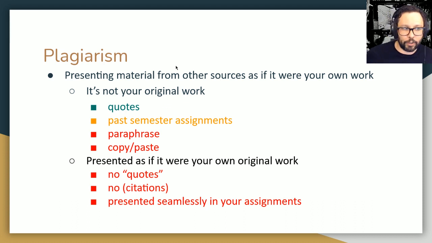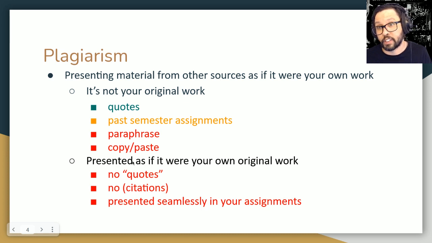This is why it's green on this list, because it is okay to use quotes in your material. That is not your original work, but it's okay to use it as long as you clearly indicate that it's not your original work. The problem with plagiarism is when you're using material from other sources, but you're presenting it as if it's your own work that you're trying to get credit for. Work that's not original to you, that you're paraphrasing or copying from some other source, that you're not putting in quotes or giving proper citations, and you're presenting it in your own work, maybe seamlessly integrating it into your own work to make it seem as if this is work that you completed, when in fact you did not.